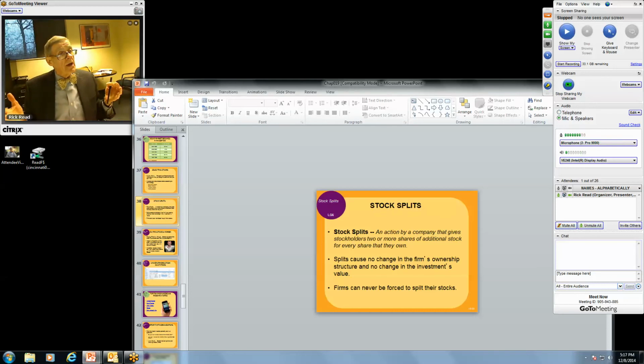Stock splits, I talked about that a little bit before. Actually, what that is, a company decides to split, and it doesn't change the ownership or anything else, but that becomes what's known as a diluted share, because the share is now no longer worth what it used to be worth. It is worth half that value. That's a 2-for-1 split. Some do 3-for-1. I've heard of an occasional 4-for-1, but not too often. 2-for-1 is the most common.